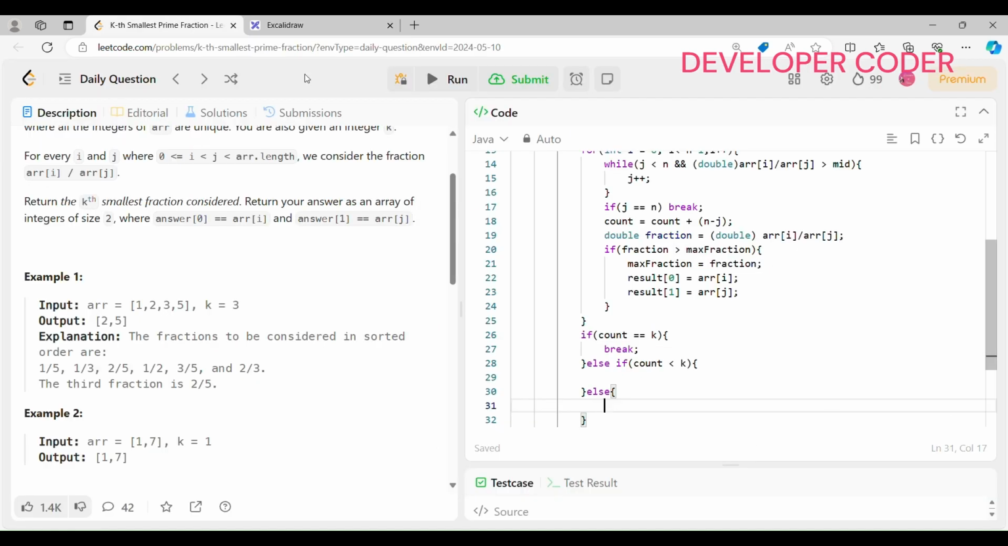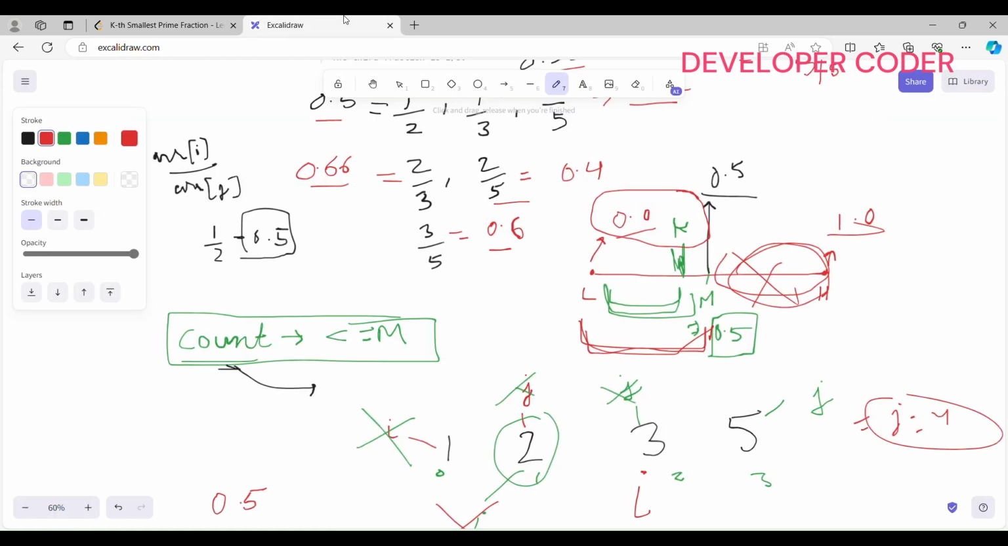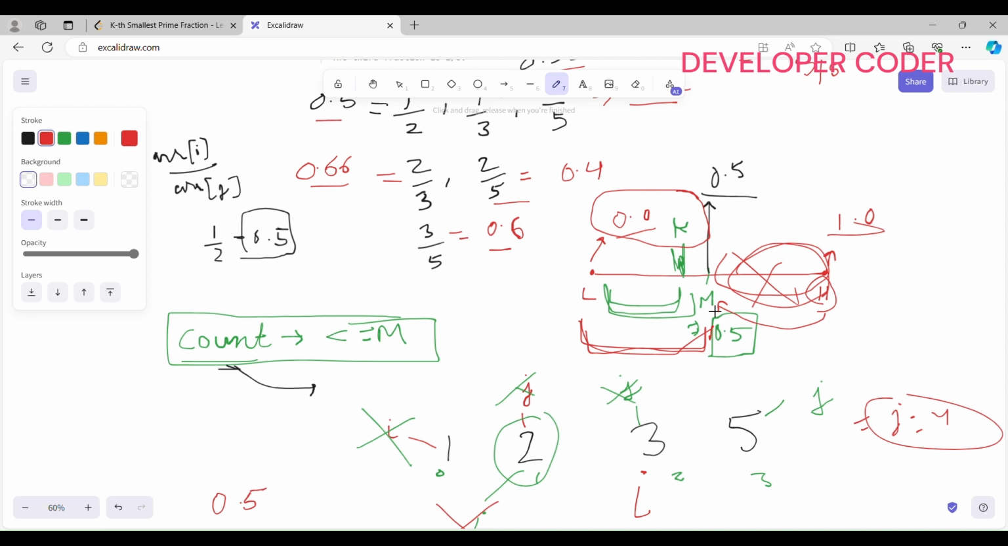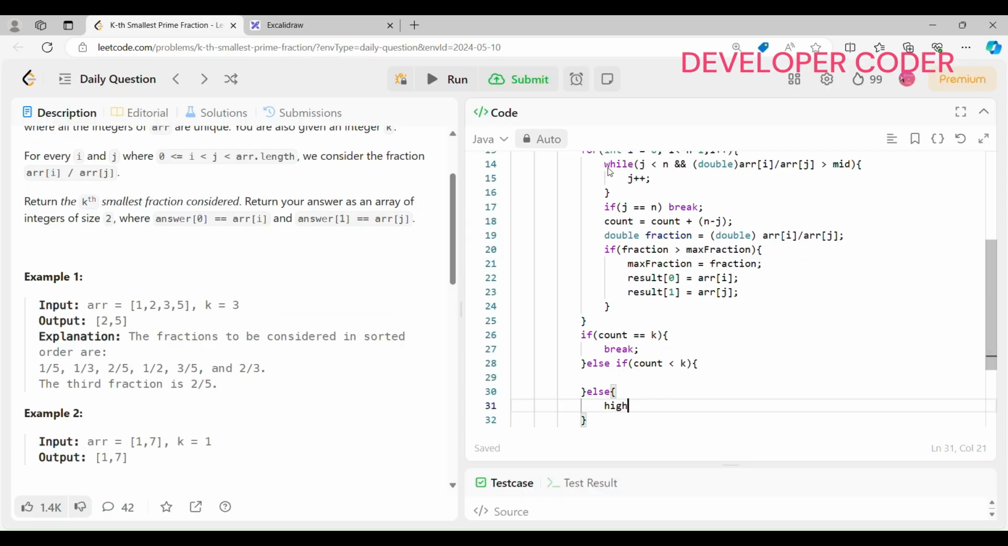So what I'm going to do here, this was my high, now I'm going to update my mid as high only. So here I'm going to write as my high. Now my high will become this part. I am going to leave this part. I don't need to search. High is equal to